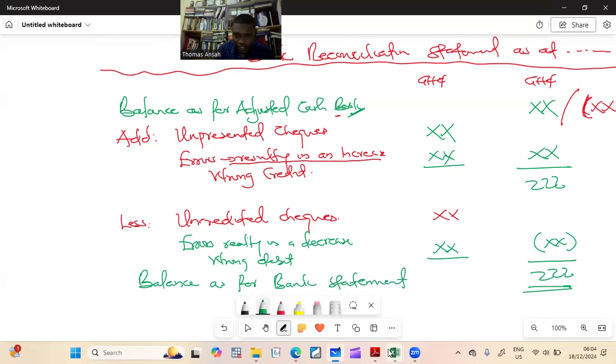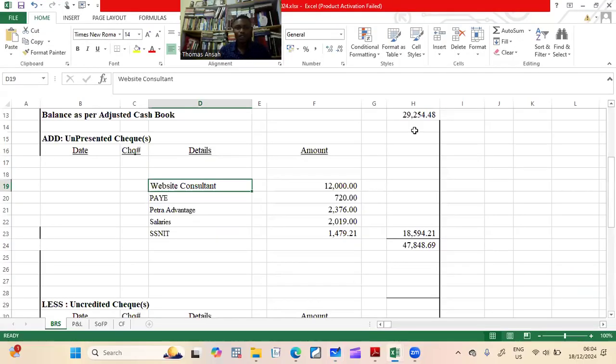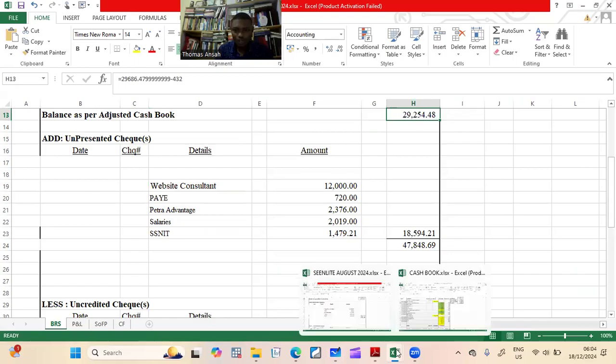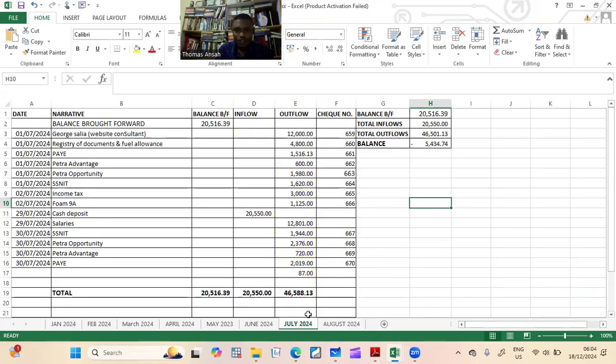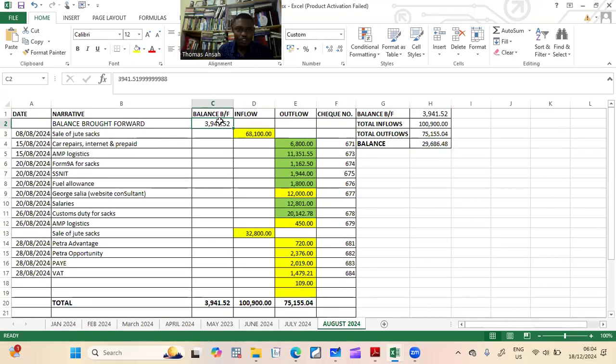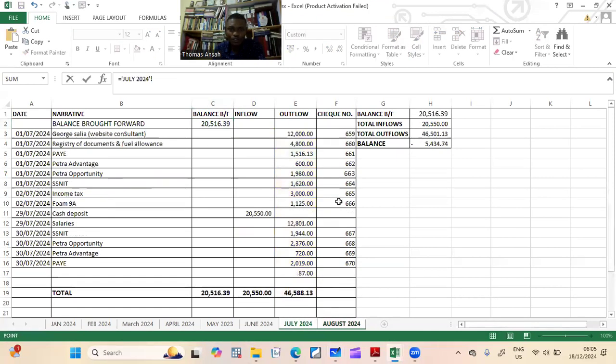So you see that in the typical case that we have, that I showed you, we started with the cash book balance. Do you remember the cash book balance? So this is a slide. So I think there's a slide mistake. Yes, because the balance shouldn't be. Let me see. If you take your August, you see July, sorry. So if this is July's balance, then the balance brought down here should be equal to the balance carried down of July. So when you, let's see something,